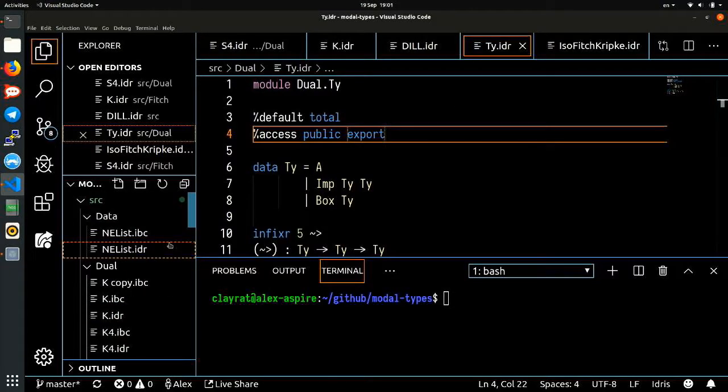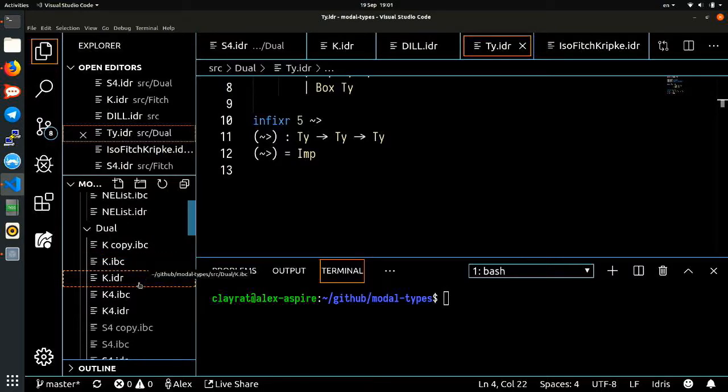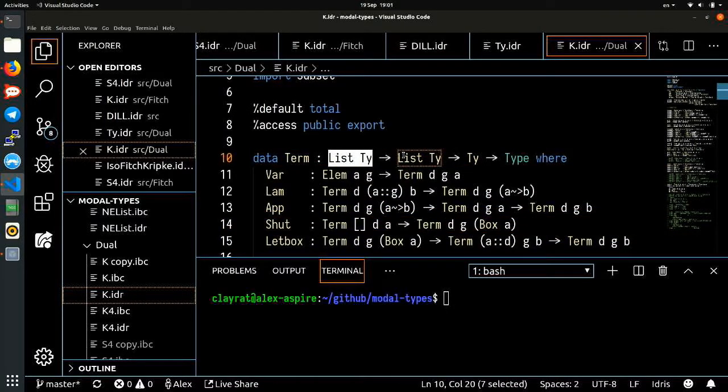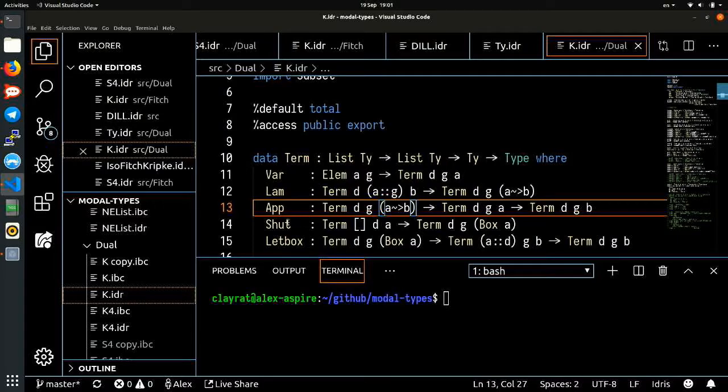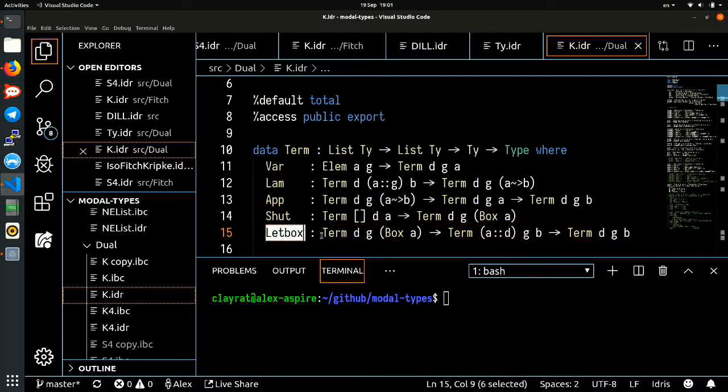But then you can have two styles of writing the actual terms. I think the earliest one they invented is called dual context. So you add a second context, in addition to the one we had for normal variables, for so-called valid variables, the ones that are modal. Now you always operate on your intuitionistic context, and you add two terms, which are the introduction and elimination of this box modality. So you can always shut terms that don't have any